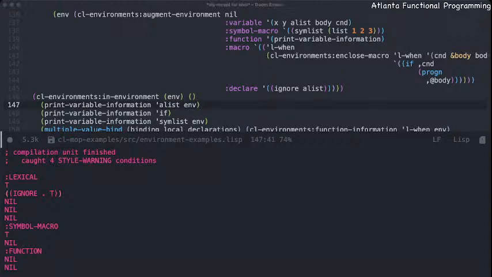Which is essentially, for the given augmented environment, we can go and provide additional declaration specifiers without having to provide them early on, like at the top level of the function. And we don't necessarily have to explicitly put them in our